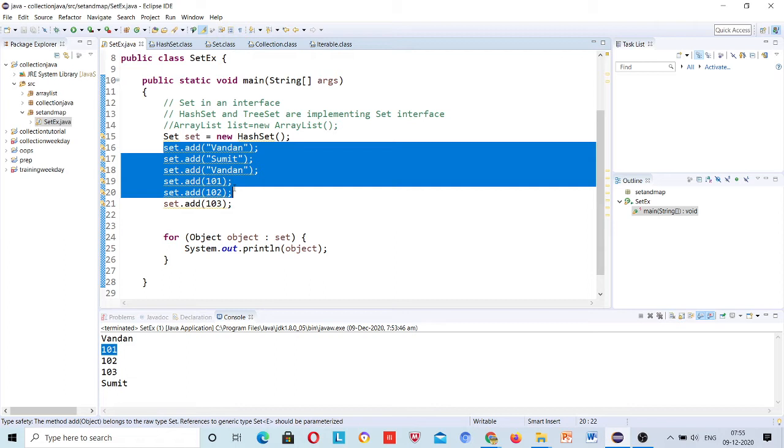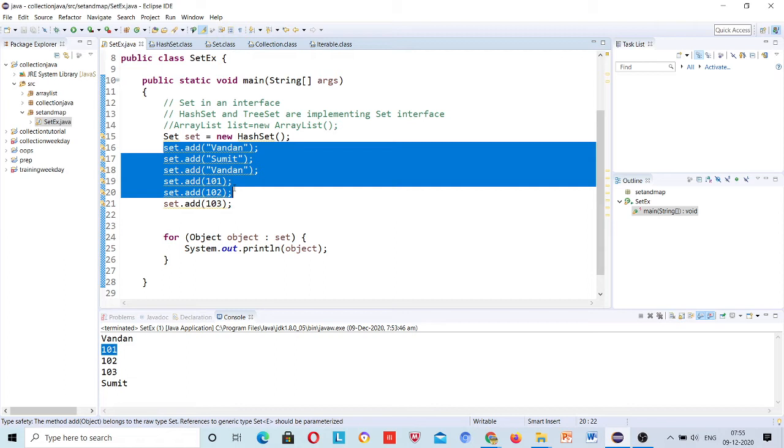So the first point to note is that set doesn't follow the insertion order, right? List follows the insertion order. List means ArrayList, right? So ArrayList follows the insertion order, but set does not. Point number 2, I have added Vandan 2 times, but set has printed it only once.